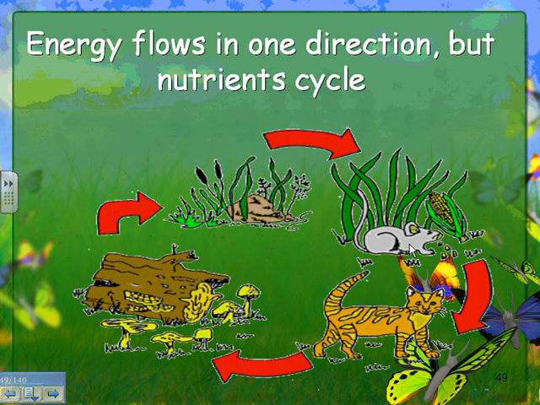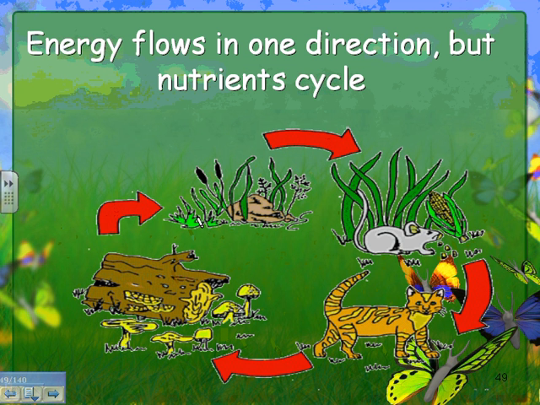The nitrogen gets into the mice or the herbivores when the mice eat the plants, and so the nitrogen moves here. When they poop, the nitrogen goes to decomposers. When they get eaten, the nitrogen goes into the carnivores, and then when they die or poop, the nitrogen is taken up by the bacteria or the fungi, the decomposers, and then that nitrogen is available again to the plants. So the nutrients cycle around and around and around.